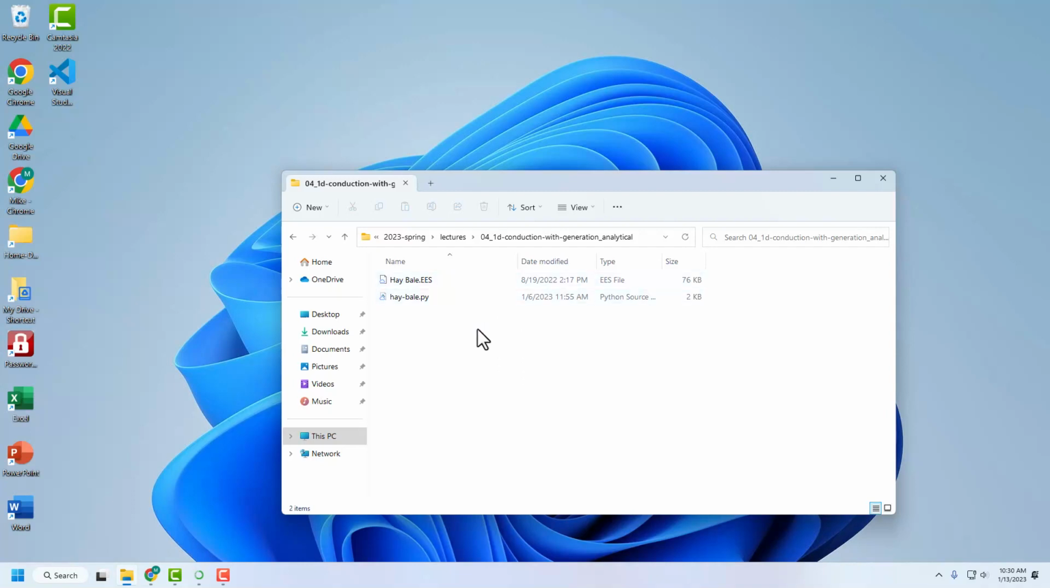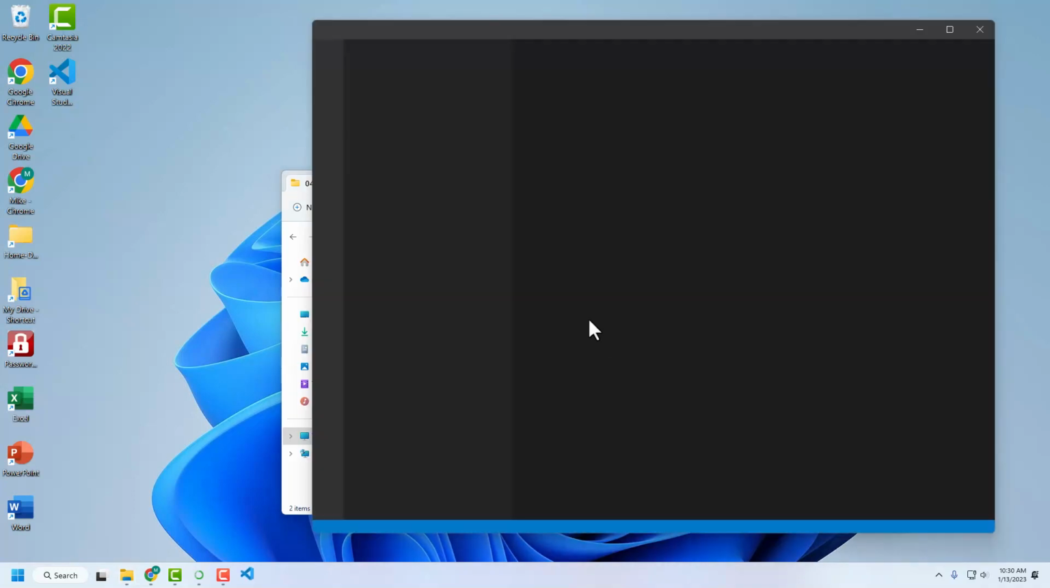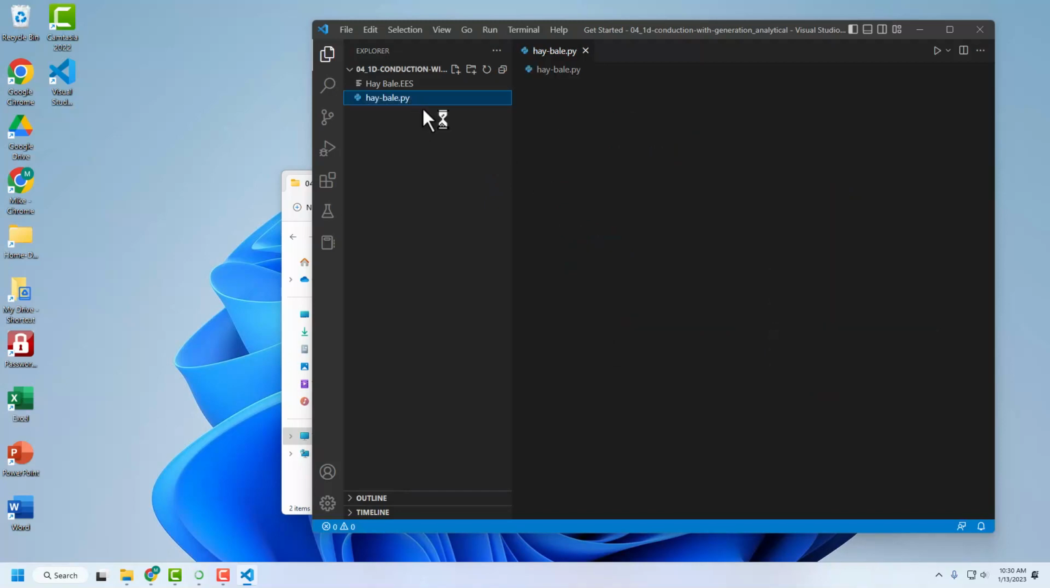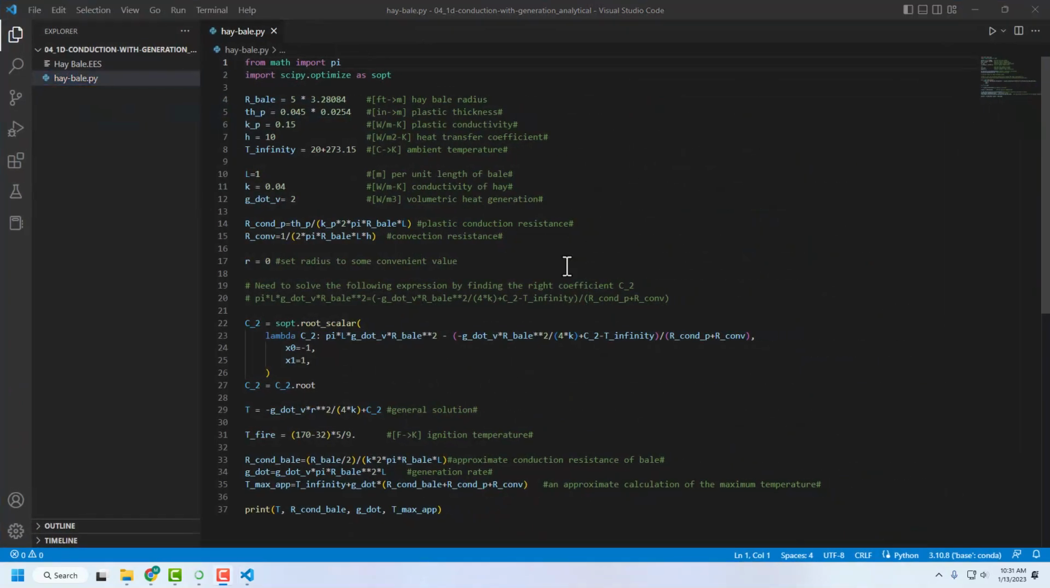This is the first lecture example where we have a hay bale that's generating energy, and we've written some Python code to be able to model this. So I'm going to go ahead and open this folder with VS Code and open the Python file. The first thing to notice is that there's a couple of import statements, some code, and then I'm doing some evaluations down here and printing out the result. That's just how this particular